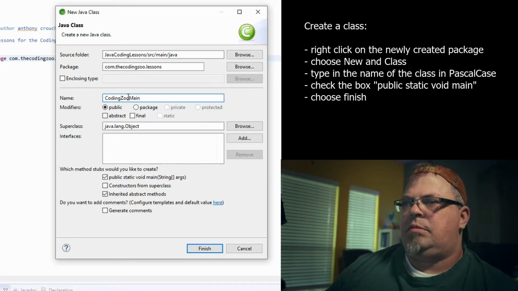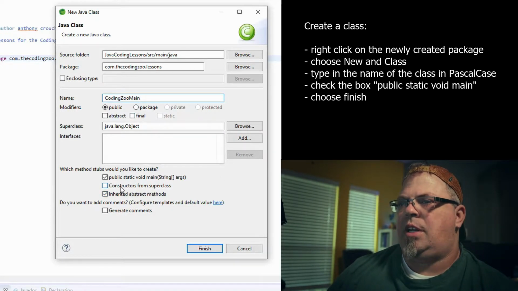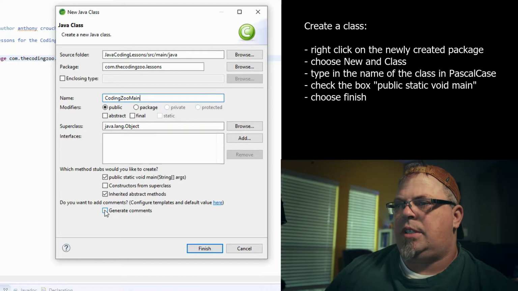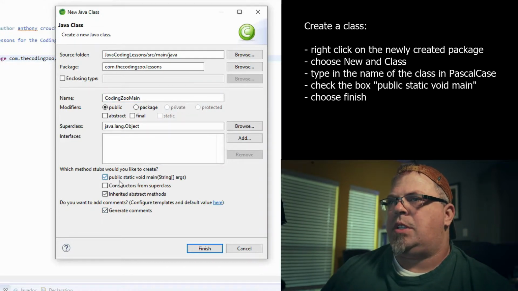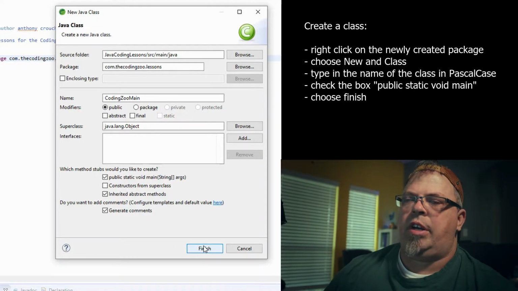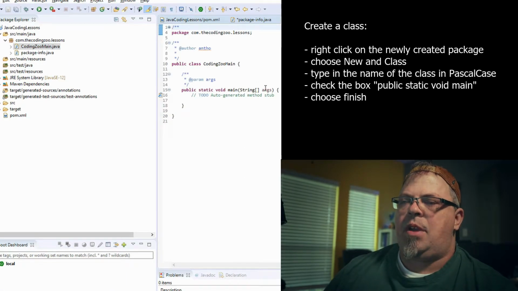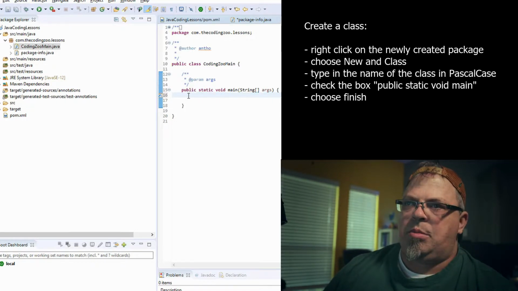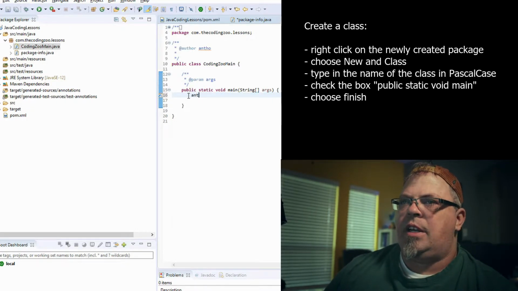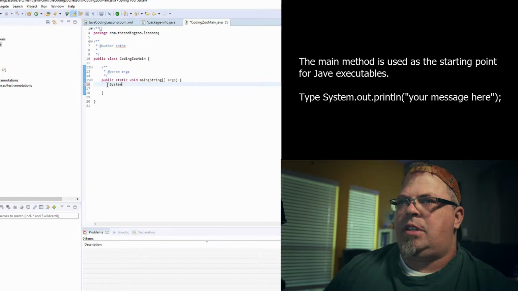So let's type in CodingZooMain. This will be the Coding Zoo main class. The public static void main option there is going to add a method for us. That method is basically your starting point for running this main class. Pretty much every application needs a main, unless it's something that's run in a website or a container. All right, so inside of the main here, I'm going to type in